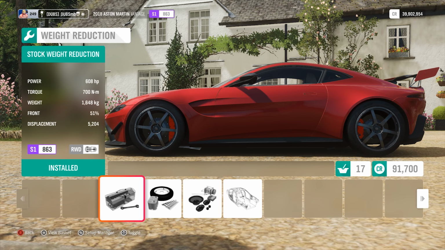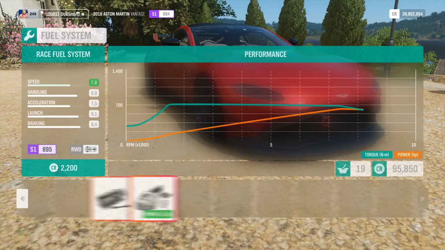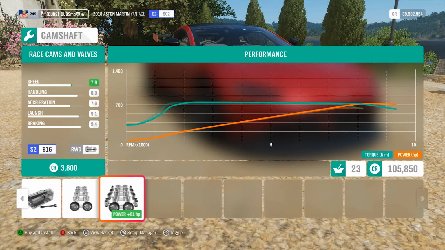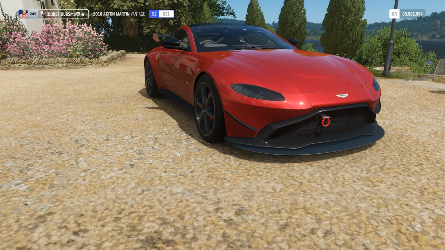I know it'll make it a little bit heavier, but weight reduction brings it down to 1,300 kilos. Not too bad, not too bad. Now, slapping a bunch of power at this. Let's see what it's like. Popped up into S2, not too bad. 754 horsepower. We'll see once we upgrade the turbos to